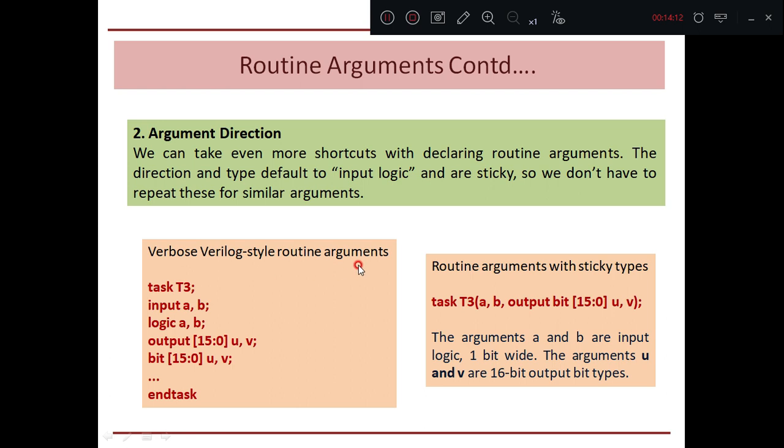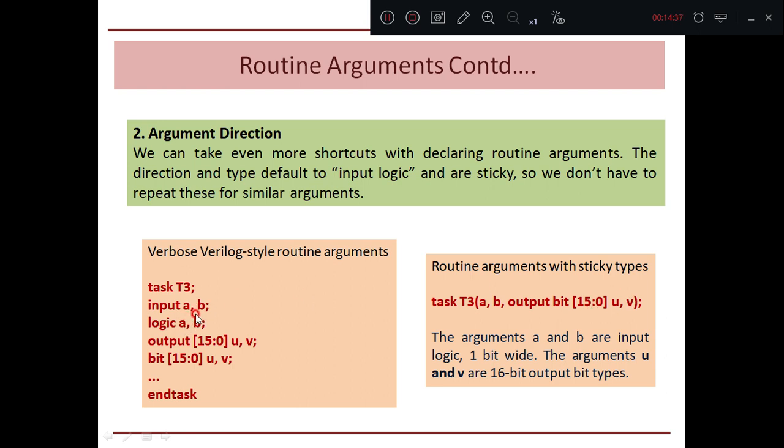Here is a verbose Verilog style routine argument example, task T3: input a, b, logic a, b, output [15:0] u, v, and bit [15:0] u, v, and endtask. This is Verilog style. Now, how can we modify that? Task T3 (a, b, output bit [15:0] u, v).